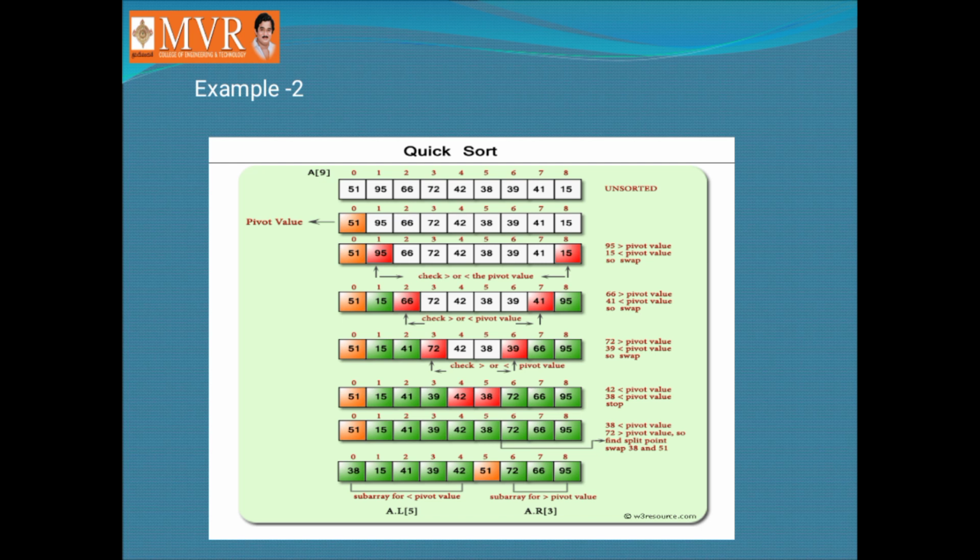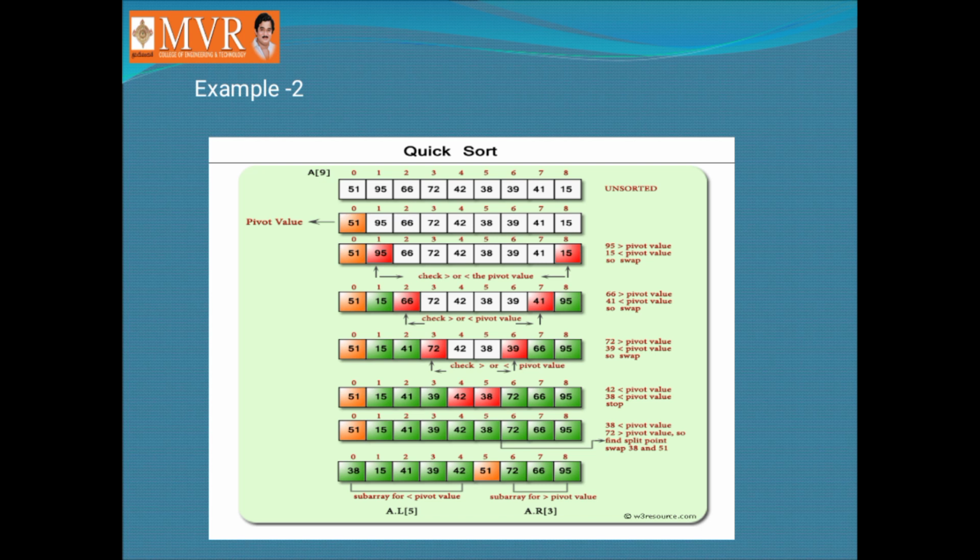Like that, compare all the elements. Start comparing from one element at the right side and one element at the left side. Like that, you continue the process. First compare, check if they are greater or less. If they are greater, place them after the pivot element. If they are less, place them before the pivot element.